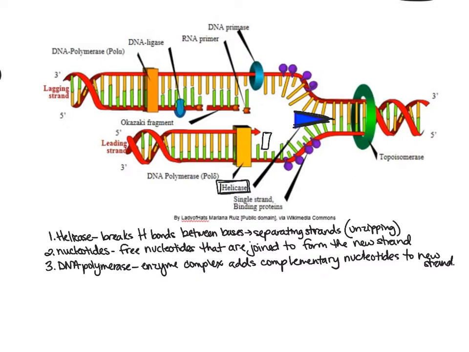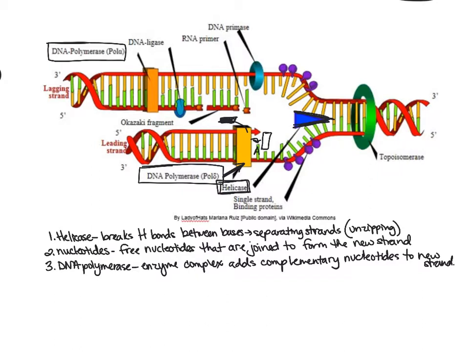So if we look at our illustration here, we have helicase here that's going along and unzipping our DNA. Then we have DNA polymerase, illustrated up here, and right here. This is our DNA polymerase, kind of this yellow box here. Our DNA polymerase is going to go along, grab onto a free nucleotide, and attach it opposite the complementary base pair.